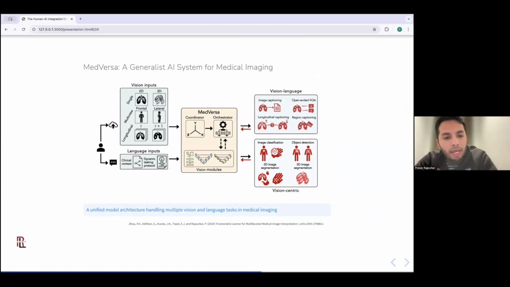And MedVersa had the following motivation, which is, could you have one model that was responsible for looking at different kinds of medical images that were not just in radiology, take in not only the imaging data, but also the textual data that often accompanies these images, and be able to perform a range of tasks, including captioning those images, so generating reports or classifying different kinds of pathologies, or even segmenting different kinds of organs, all with one model.